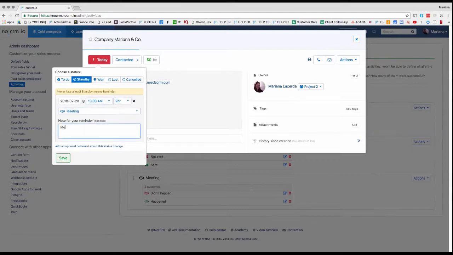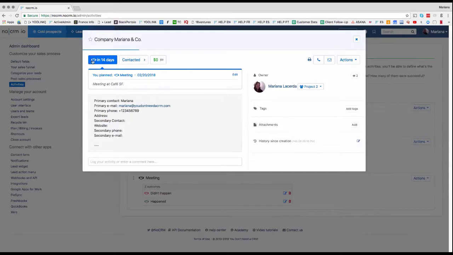All right, so meeting at, I don't know, Cafe SF, and I save it. So in 14 days, I know that I have a meeting at Cafe SF, for example. So this is logged to my calendar, so that when I go to my calendar and to February 20th, I